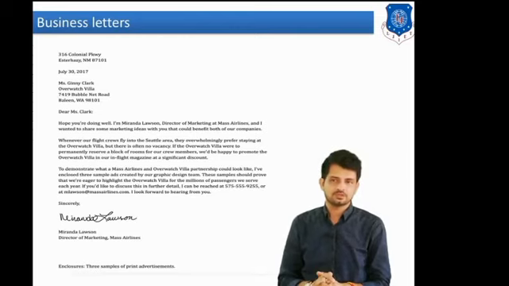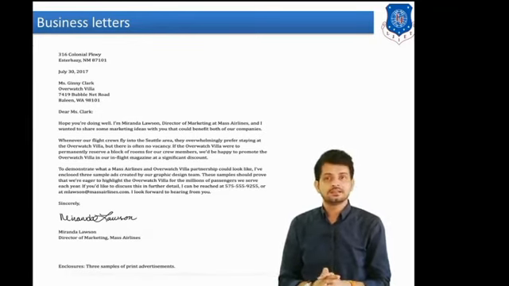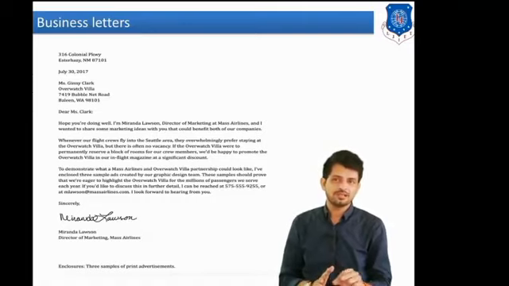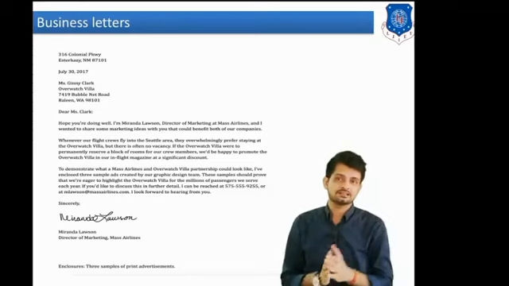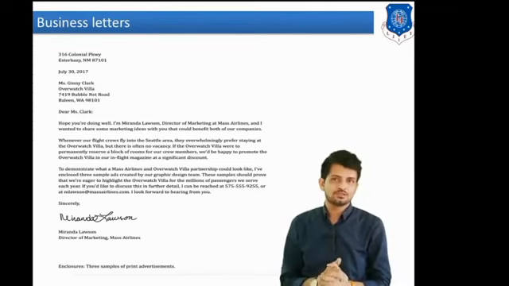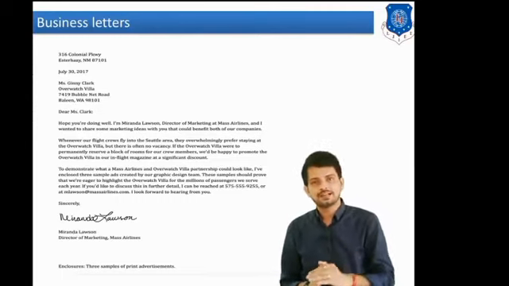Okay, after that the main body of the letter, then comes the complimentary close, then the signature block, and then enclosures. See, there are various types of different letters that we have to study in detail in the next lecture. Okay, till now we have to only remember what are the main elements of a business letter. In the next lecture we will see in how many different ways we can write business letters. Okay, so this was about the business letters. We will study the different types of business letters in detail in the next lecture.